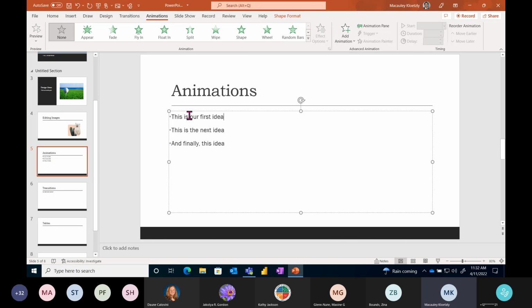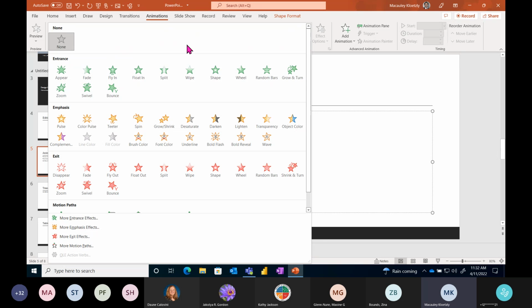So let's say, for instance, I want this first bullet point to just kind of fade in when I'm going through my presentation. All I have to do is click and highlight that whole bullet point. And then up here at the top, I just select the animation I want to apply to that bullet point. So I could do fly in, float in. There's actually a drop down over here where I can look at all the other various animations,